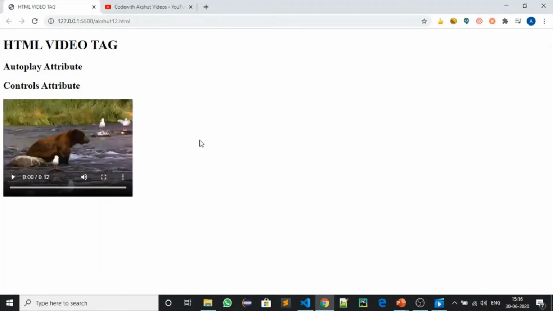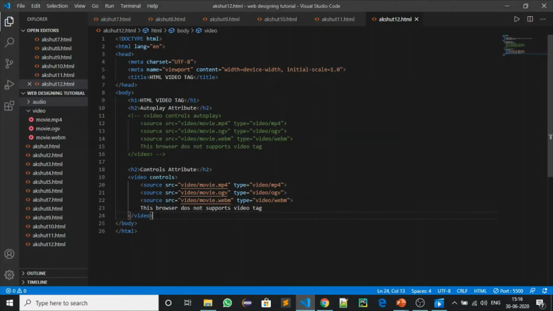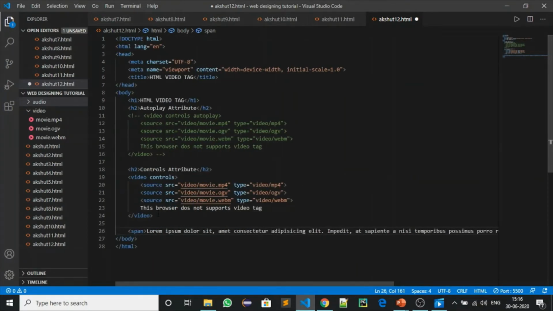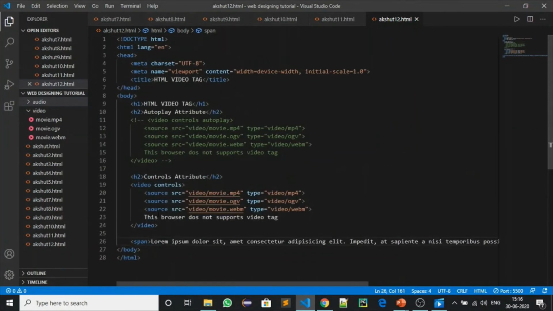So if I will specify here, then if I will put more text as span here, I will make some span, sorry, and I will close it. I will type lorem and 20. So it has made 20 words of lorem.